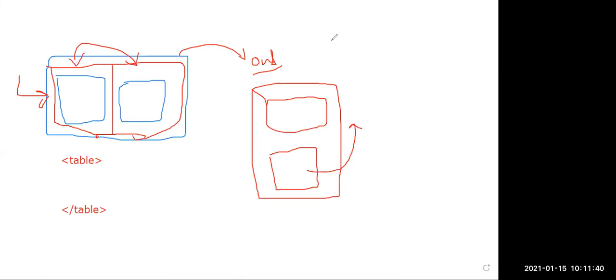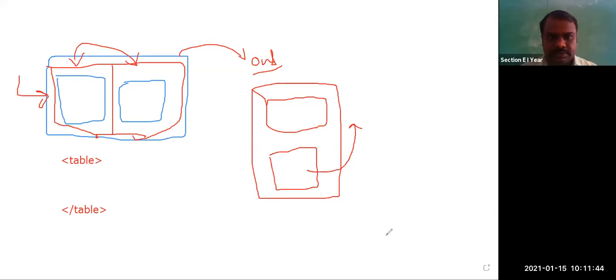Yes, sir. So what you do? This is one table row started and one table row closed. Under this table row, I have two table datas.